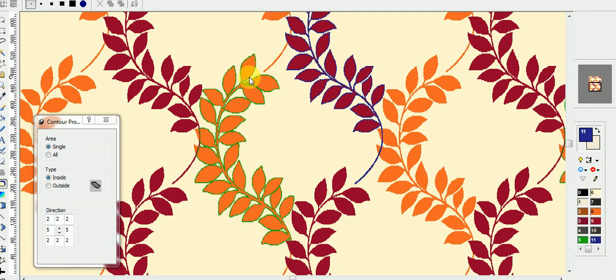You only have to do the corners just for sharpness, otherwise you need not edit the entire design for the outline. This is a very useful option to get the outline very easily and quickly. You can make designs very easily. I hope you understand this tool. This is a very common but very useful tool for making designs, and you can save the time it takes to draw this outline.